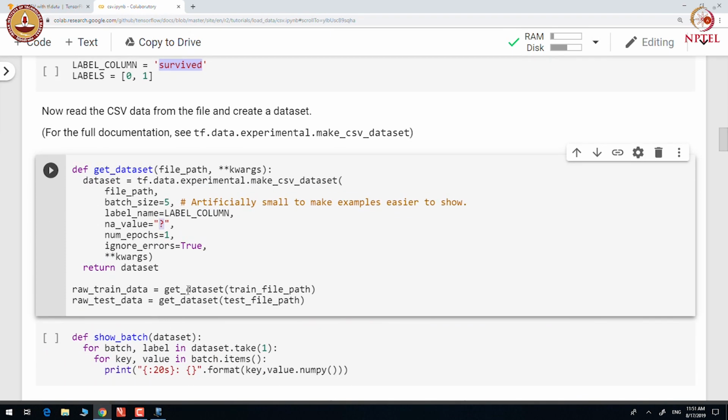We construct the training data by giving the training file to get_dataset function and test data by providing the path of the test file to the get_dataset function. The get_dataset function makes a dataset from CSV file and returns the dataset.